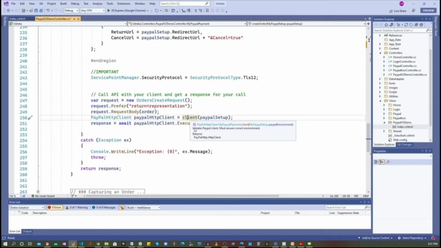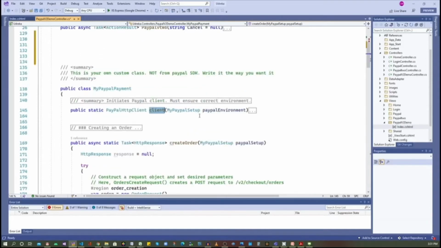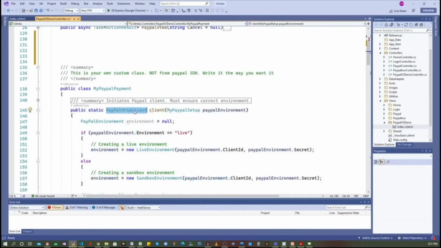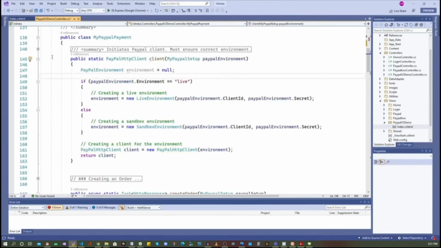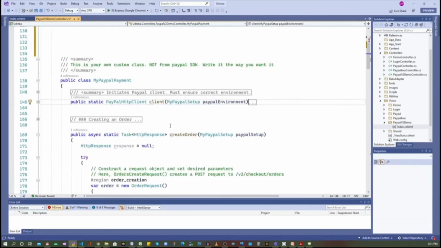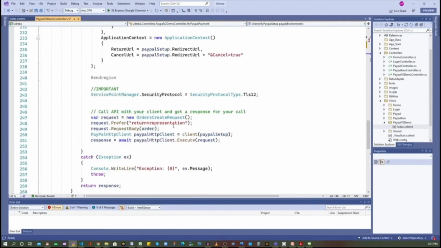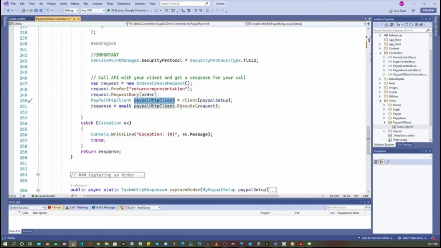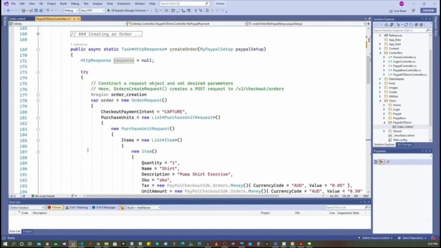This class simply instantiates a PayPal HTTP client and returns the HTTP client. So that's the HTTP client getting returned here, and then we are simply executing the request. This is where the PayPal API is called and the response is returned. So that's about create order.